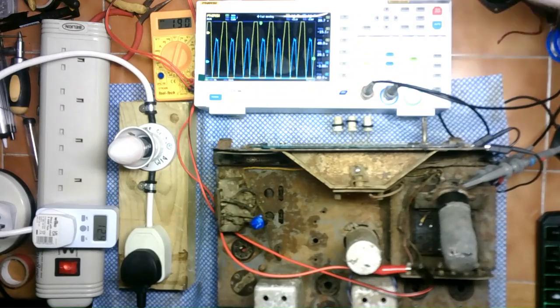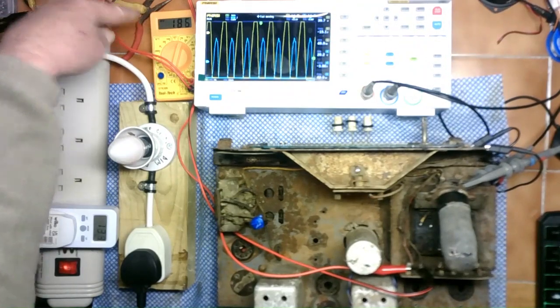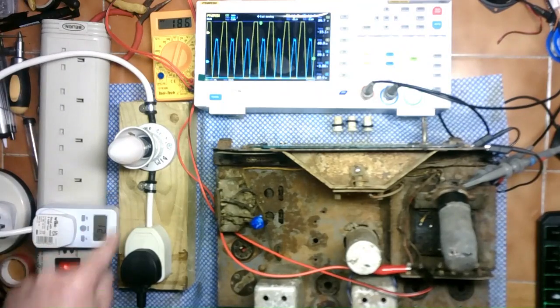but we've certainly got, so you can see 50 Hertz signal, and we've got nearly 190 volts AC just on this 25 watt bulb. So that's not what I expected at all, that it would feed that much power straight through to the unit. So kind of interesting. Right, I'm going to leave it there for a minute and have a think about what's going